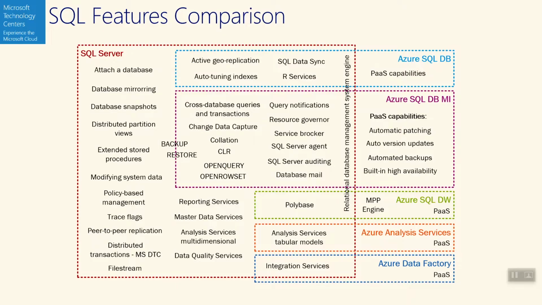So this is a diagram which shows different features of SQL Server. This red rectangle represents features available in SQL Server. So you can see a lot of database engine related features. And by the way, the relational database management system engine is also here, right? So you can see that